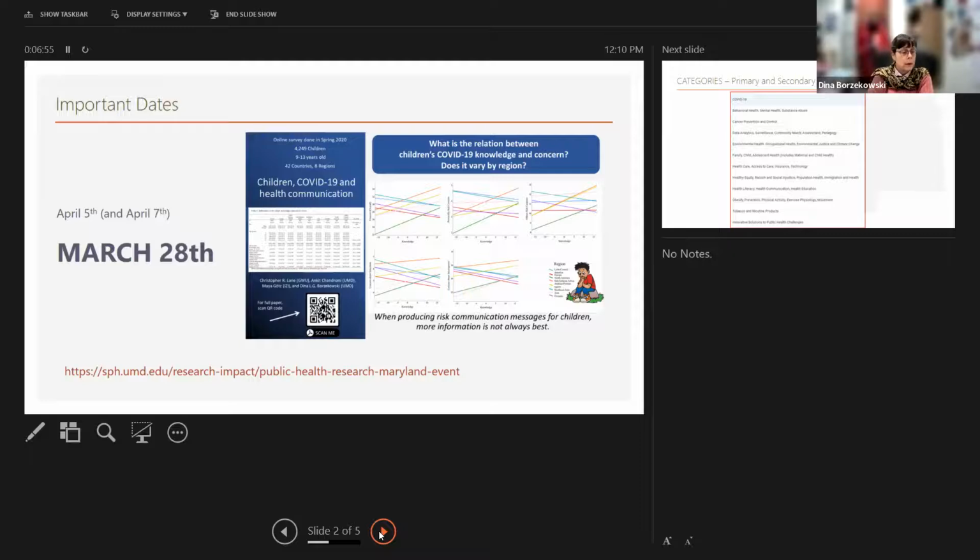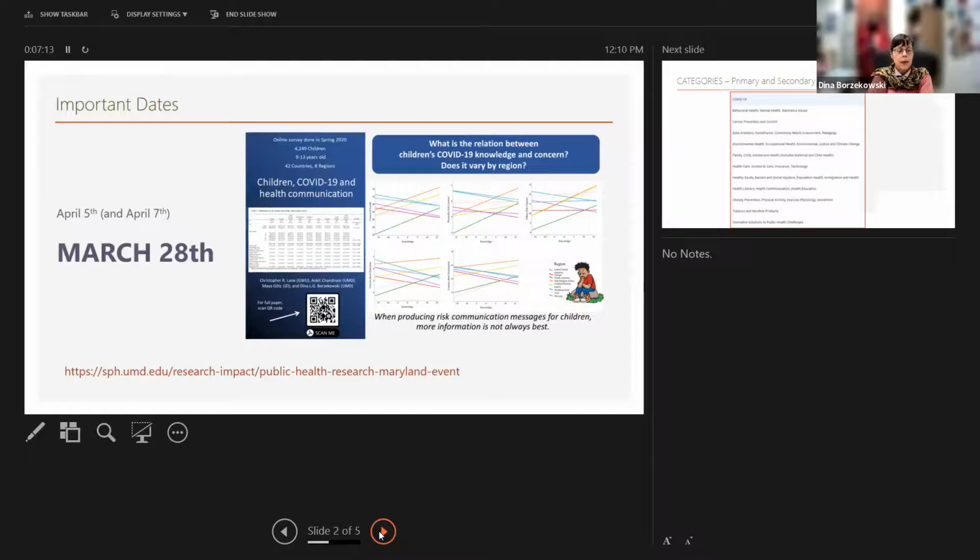You are more than welcome, by the way, to put in for more than one poster, but each time you do this, you're registering a different abstract and poster. So March 28th is the big day to remember.